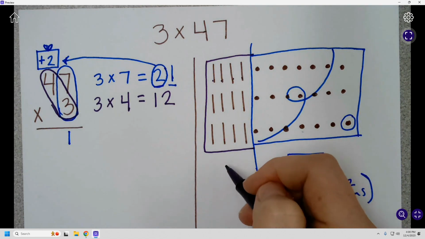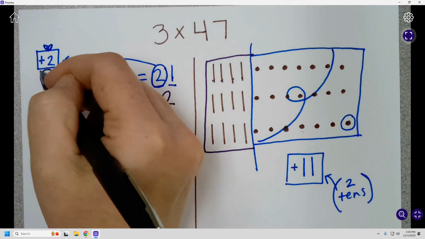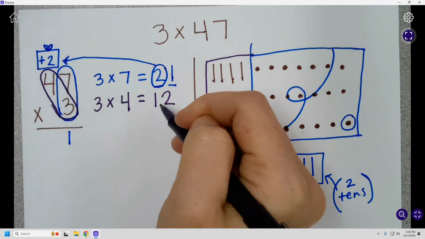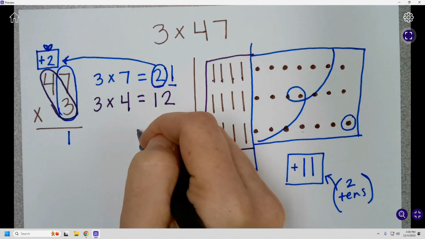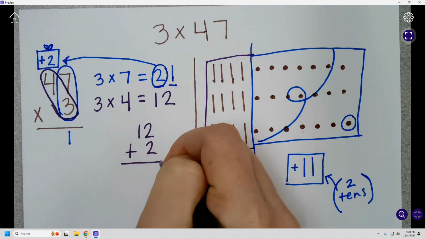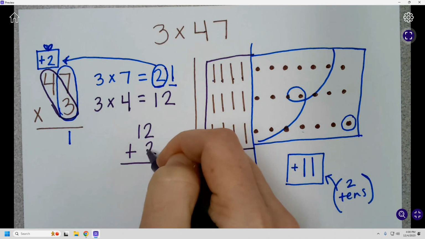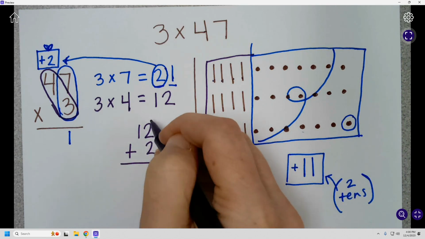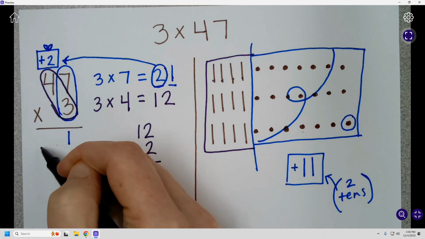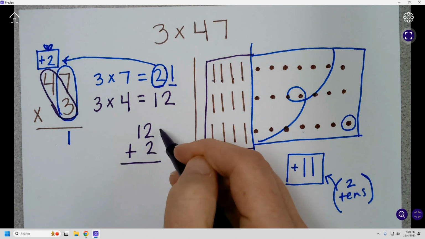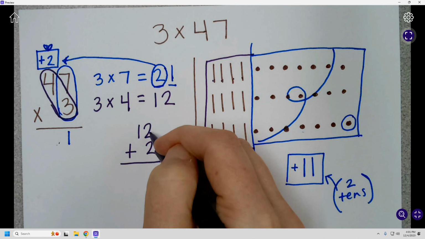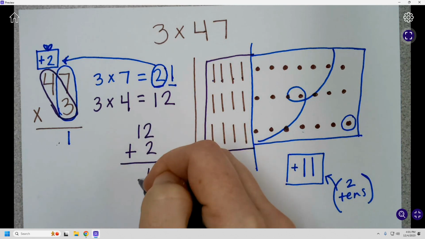And so that's this right here. That's 2 bonus tens. This is above my tens place, so that's 2 tens. I have 12 tens and 2 tens, and I need to put those together. So my last step is to take those sets of tens and combine them. Notice I didn't write it out as 120. I didn't change this 2 to be a 20, even though that's what they represent, because by the time I go write this number, it's going to be placed in the tens and hundreds place, so we don't need to make it look like 120, make it look like 20, because where it's going to be written down, it will represent that. 2 plus 2 equals 4, 1 plus 0 equals 1, so that's